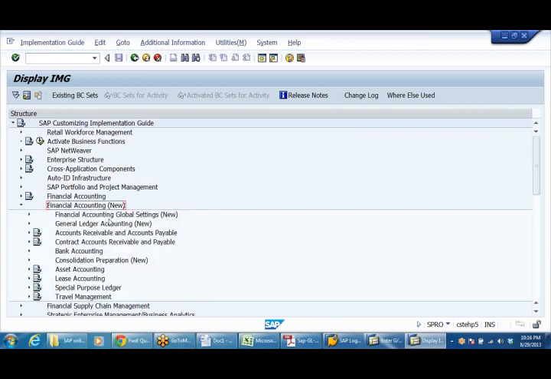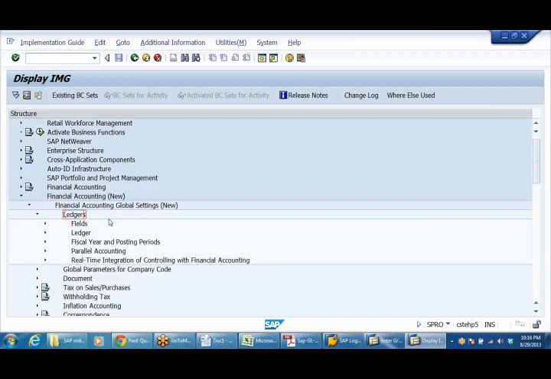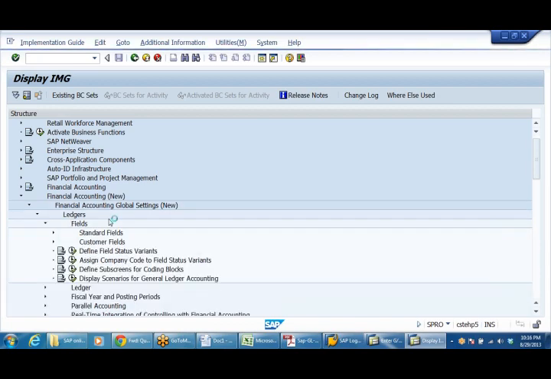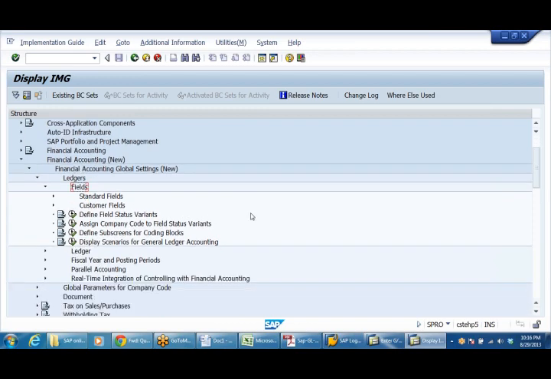Even the T codes, if you work regularly, you remember. But I want to tell you both the T code and also the path. There is no mandatory requirement to remember T codes. But when you go for an interview, interviewers generally speak in terms of T codes. They say, in OBC4, what are the field status groups that you find? Instead of the question, you'll be thinking about what the T code is. Unless you remember the T code, you cannot answer that question. So the interviewer intelligently asks like that, to check whether you are aware of the T codes or not.